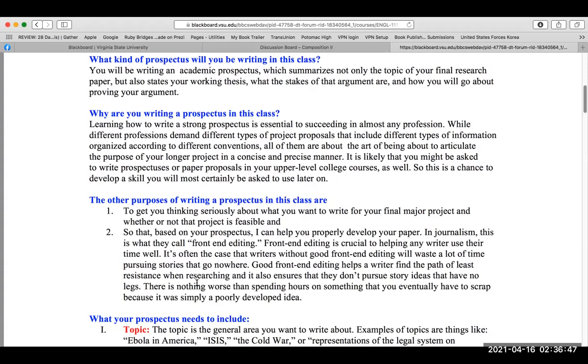Learning how to write a strong prospectus is essential to succeeding in almost any profession. While different professions demand different types of project proposals that include different types of information organized according to different conventions, all of them are about the art of being able to articulate the purpose of your longer project in a concise and precise manner. It is likely that you might be asked to write prospectuses or paper proposals in your upper level courses